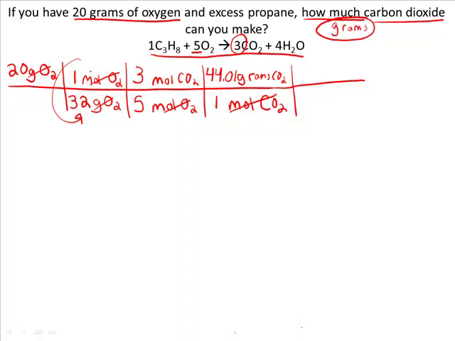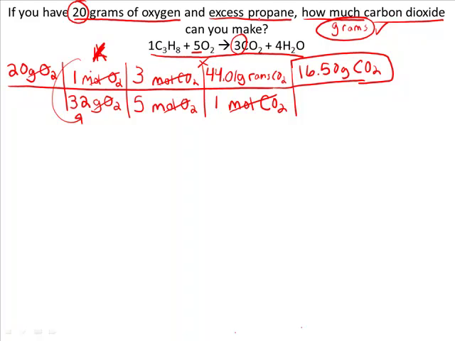All right, moles of CO2 cancel. We're in grams of CO2, which is exactly what the question wants. So we stop our stoichiometry and do the math. Take our 20 times 3, because it's on top. It's a really bad times symbol. Times 3 times 44 divided by 5 divided by 32. We get 16.50 grams of CO2. That's how much CO2 can be made when we have 20 grams of oxygen and excess